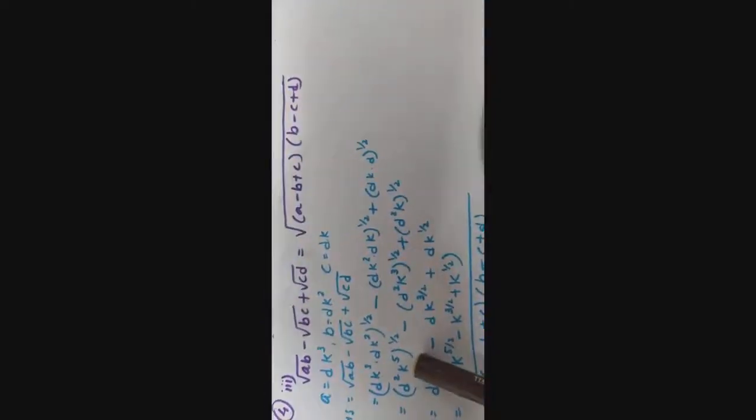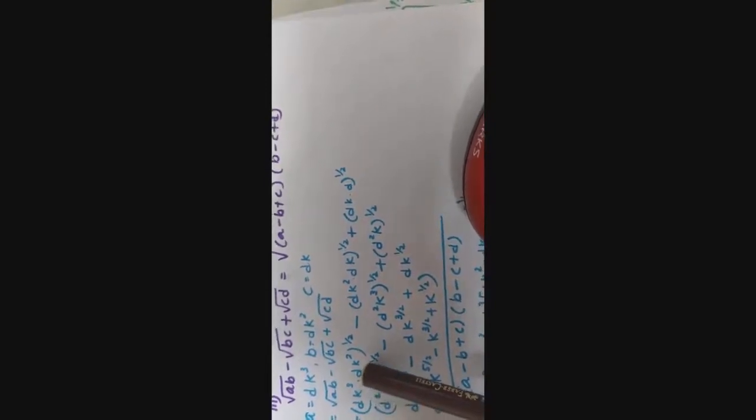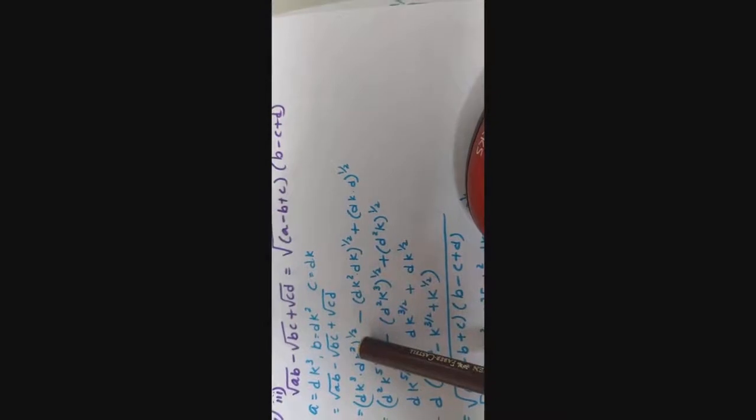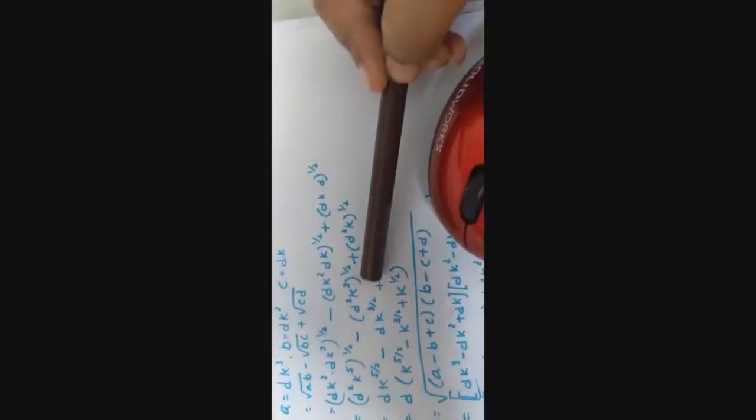Okay, now placing here, now in the bracket I am taking multiplication. It means whenever you see the base same and in the middle multiplication sign, you can add the power. So d into d, d square, k cube into k square, 3 plus 2, k^5, that is d square k cube and d square k in the bracket. You see everywhere power 1 by 2.